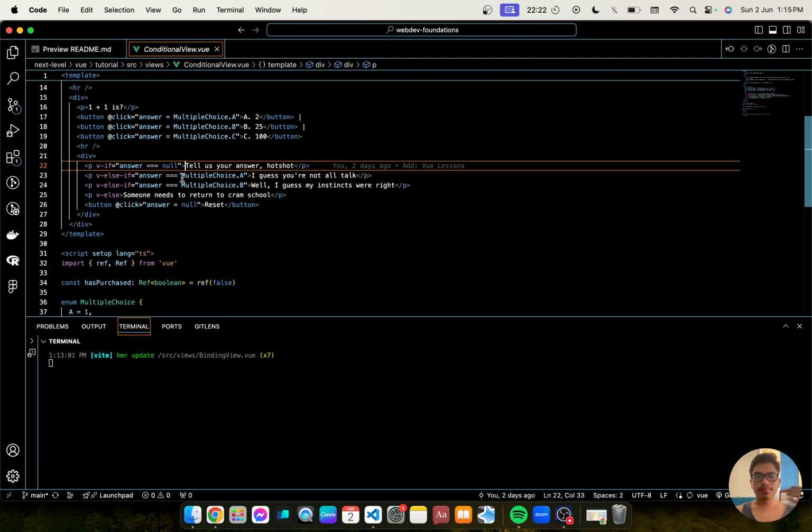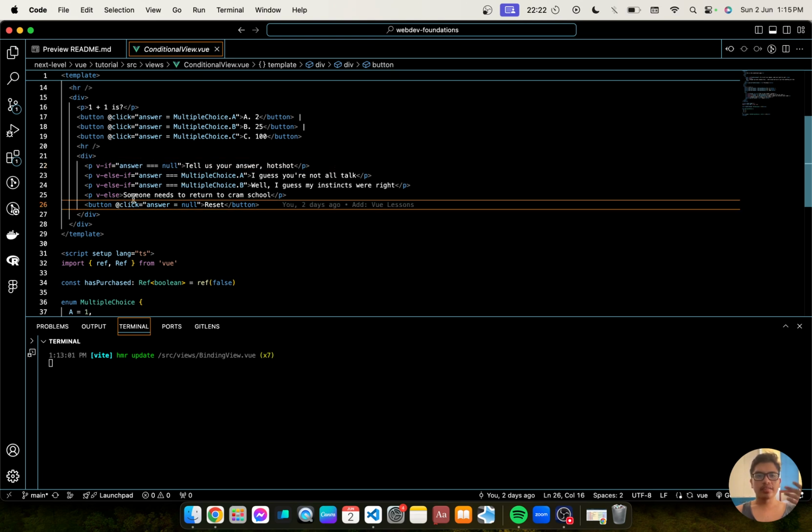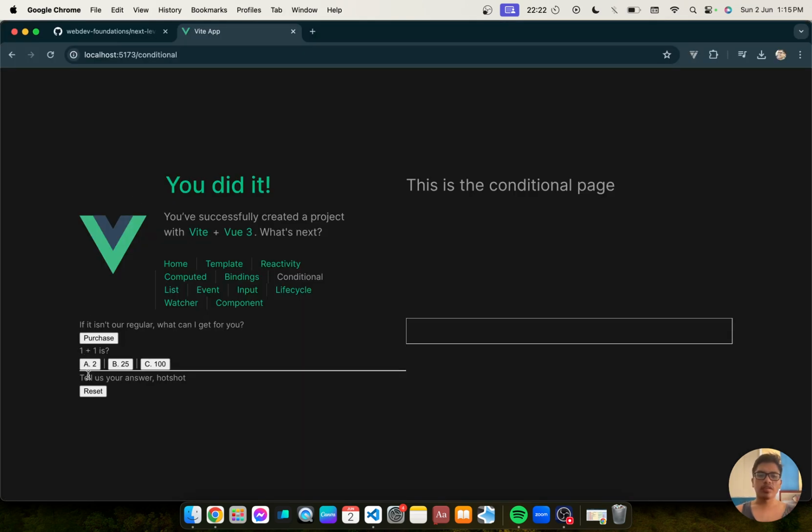When the answer is B, well, I guess my instincts were right. And when the answer is C, someone needs to return to cram school. So the value currently is null, A, B, C, and now we can reset the value as well. So that has been conditional.